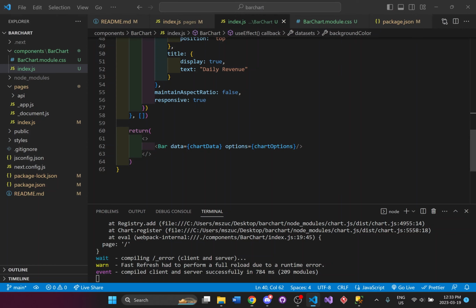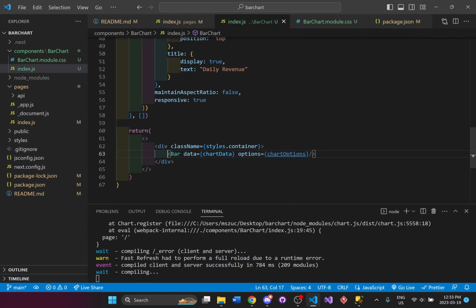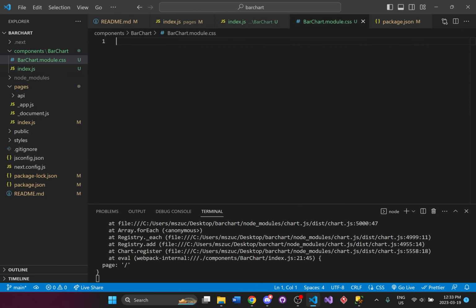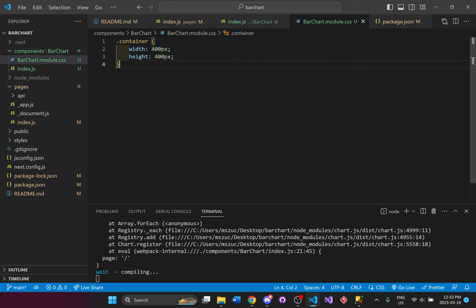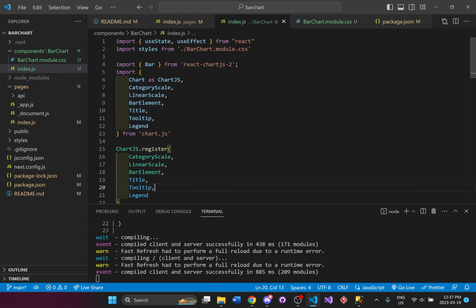I'm just going to add a container around the bar chart. Let's try adding some stylizing here. Alright, so it looks like the problem was the tooltip had to be, the second letter T should be lowercase, so then this one should be lowercase as well. And now that should fix the error.